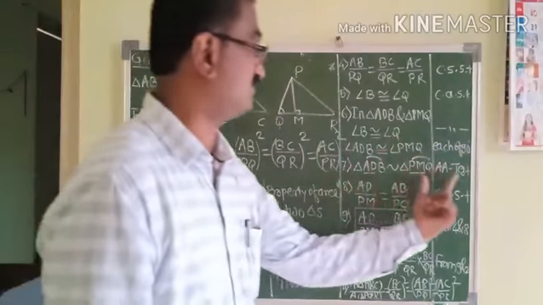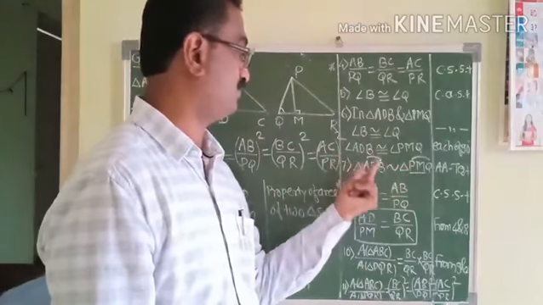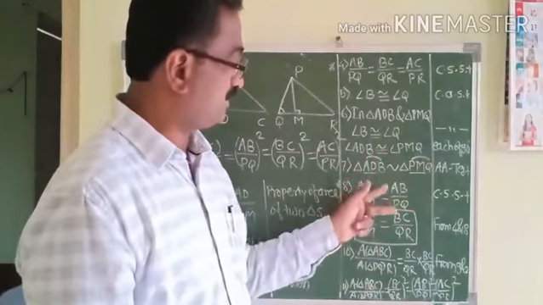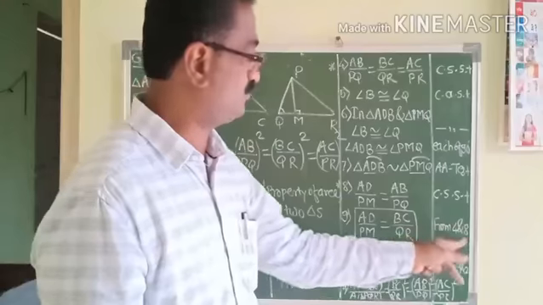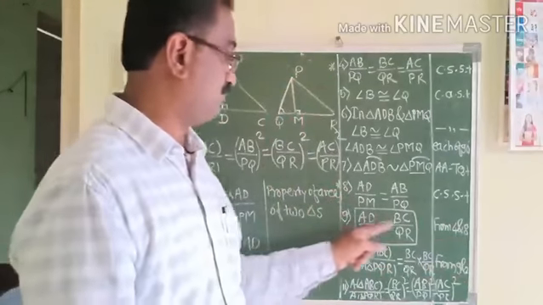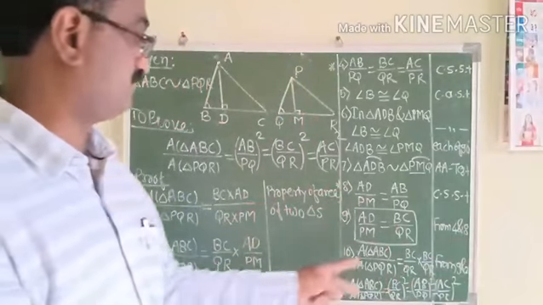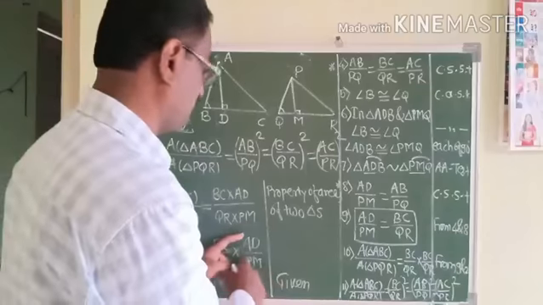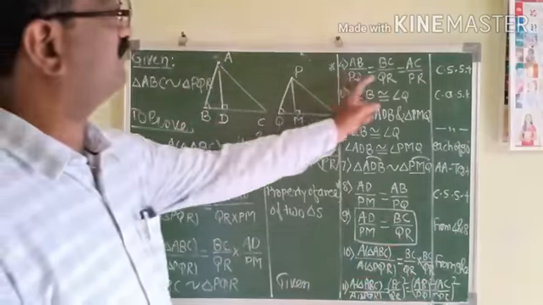Therefore these two triangles are similar, therefore their corresponding sides are in proportion. AD upon PM is equal to AB upon PQ. But AB upon PQ is nothing but BC upon QR. So from statements 4 and 8, AD upon PM is equal to BC upon QR. Now substitute this value here. After replacing this one, we get BC square upon QR square. But all these three ratios are equal.